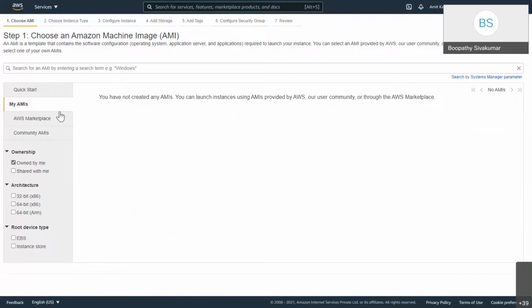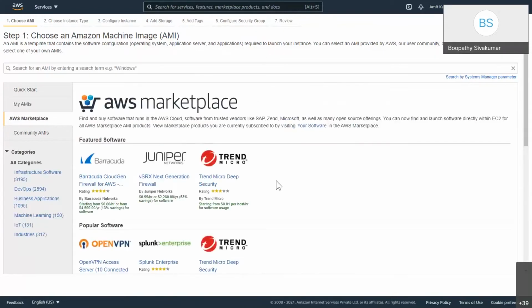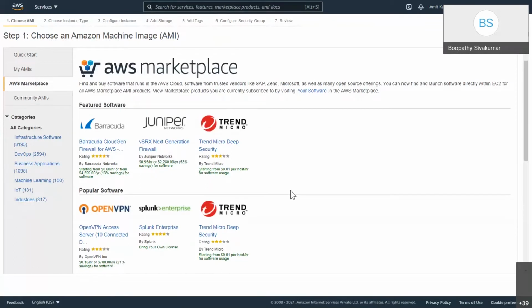Like we can have a core OS such as CentOS or anything, and you can build that OS and make it an AMI, and that will come as my AMI. AWS Marketplace is a market where you will have a lot of different options. There are a lot of companies that provide distinguished OS that come pre-packed with the software that is required.